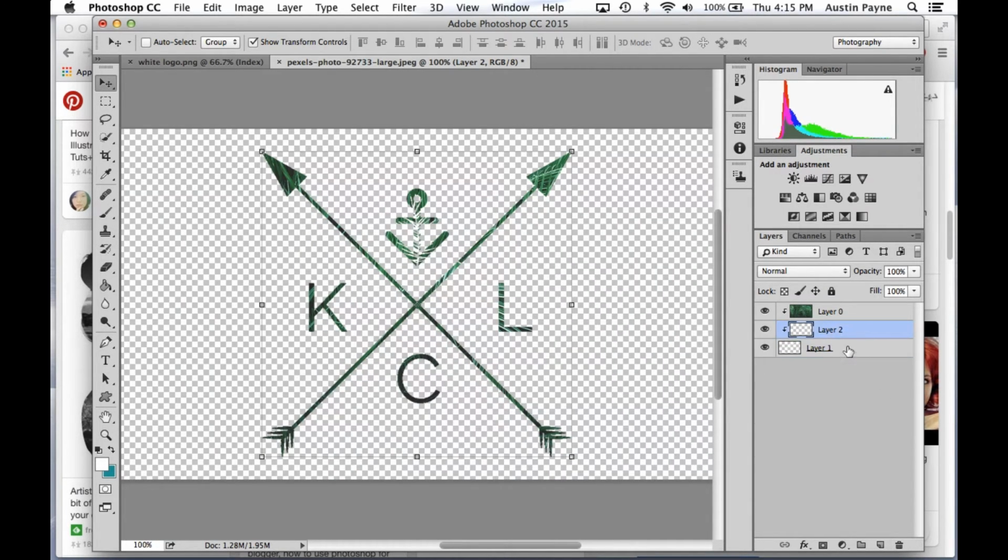I'm just going to create a new layer so that we don't have to have anything selected. As you can see, the palm image is within this logo. So cool. Yay!